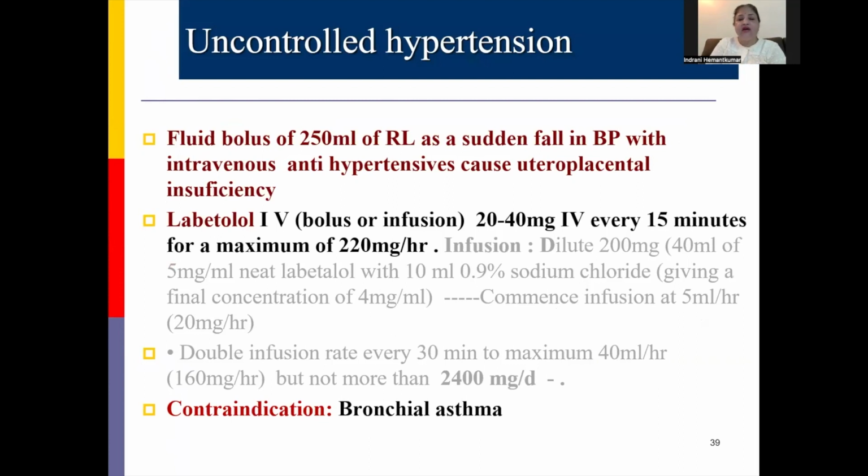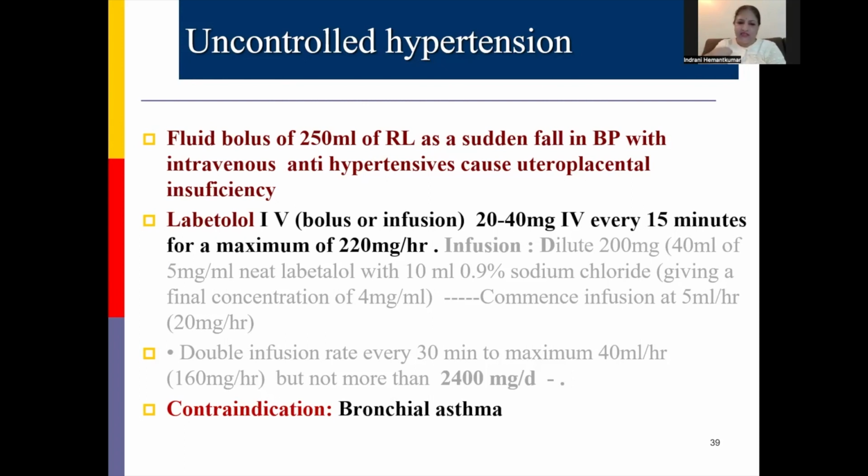Now, when you start, you give a small fluid bolus. Here you can't even give large fluid boluses. So monitored small fluid boluses have to be given, because you want to avoid uteroplacental insufficiency, and some of the antihypertensives which you are using can cause vasodilatation and there will be a sudden fall in blood pressure. So first you give a small fluid bolus of 250 ml, then give IV labetalol at about 40 milligram increments every